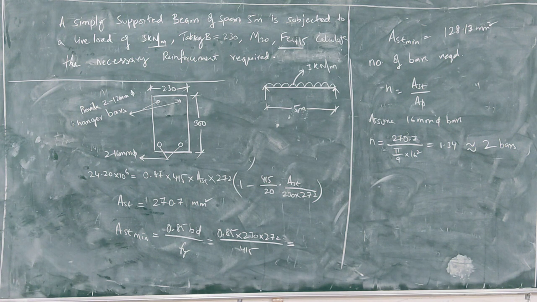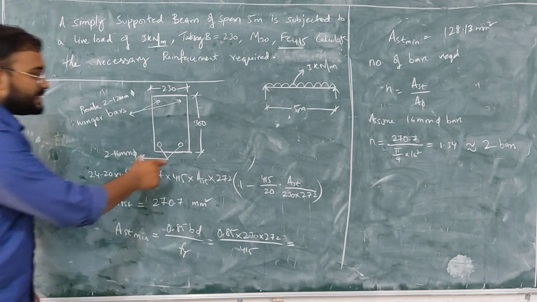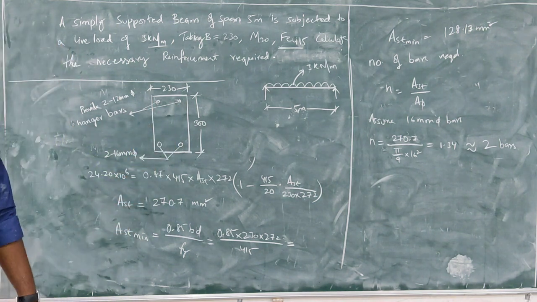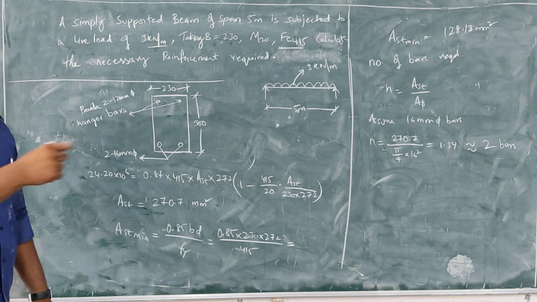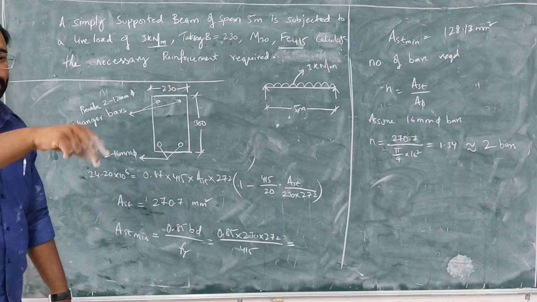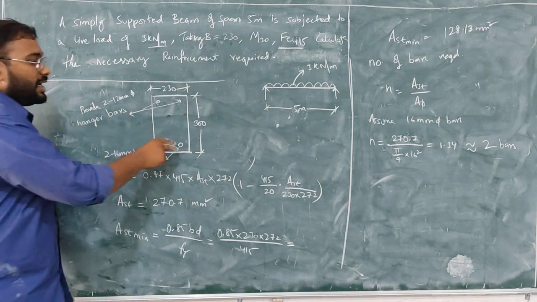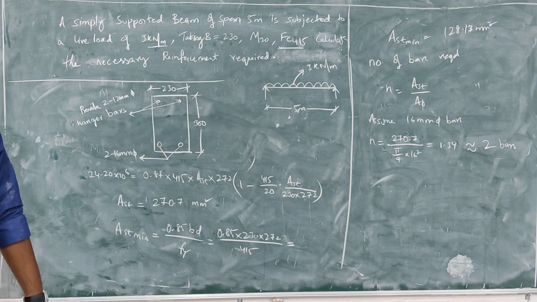So this will complete your singly reinforced beam design. Of course, this is very easy. Why? Because only one formula is involved. When you go for a doubly reinforced beam, we have 3 formulas there and many more steps. And what we are designing is beam in flexure. You are designing the beam only for moment. You check how much moment is applied, and you convert that moment into the amount of reinforcement.